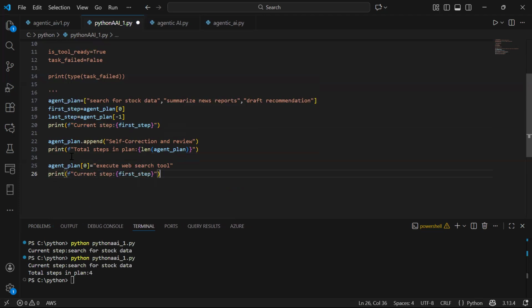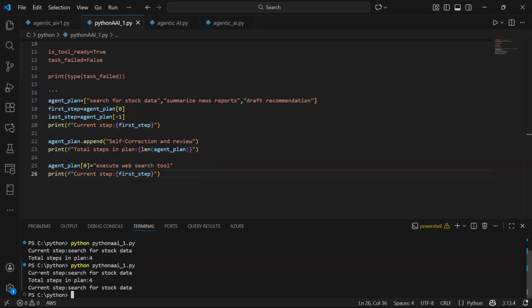So I'm doing two prints. The first print is for the variable when I defined the first step, and then I'm making some changes, and then I'm doing the same print again, so that I can showcase the difference before and after. Now if I use Control S and execute,